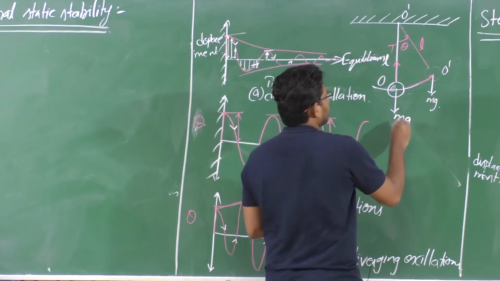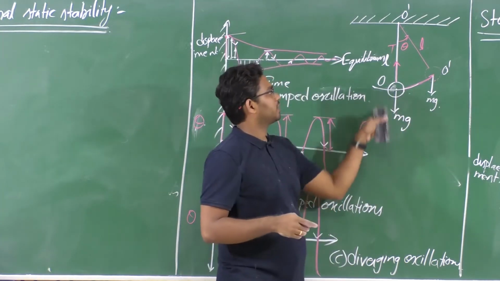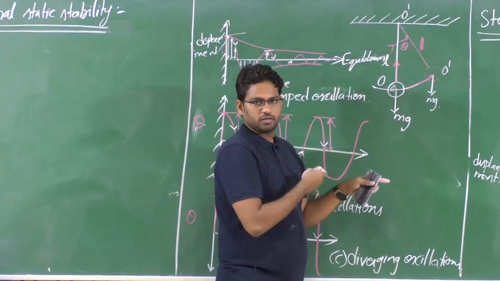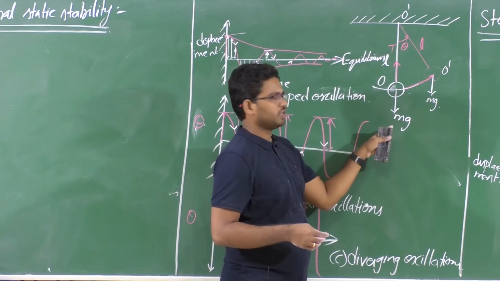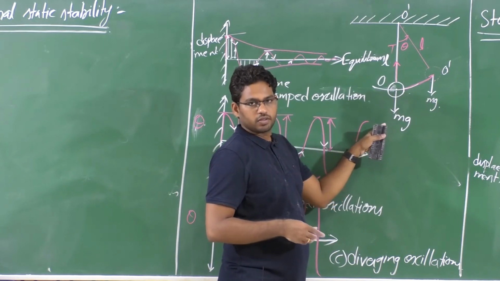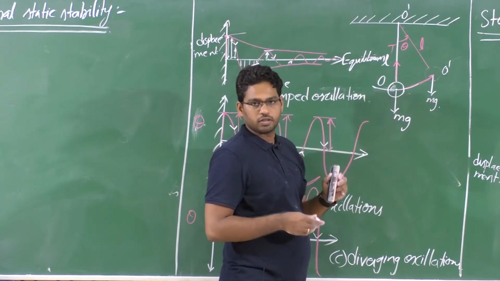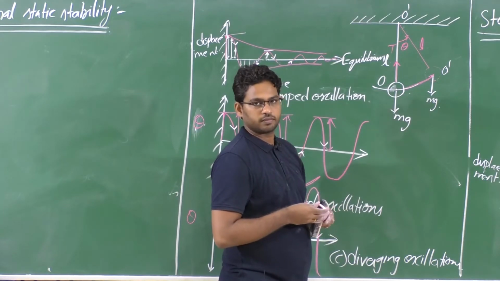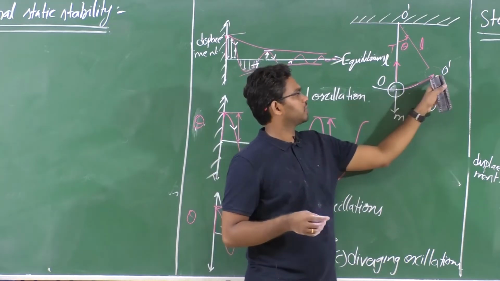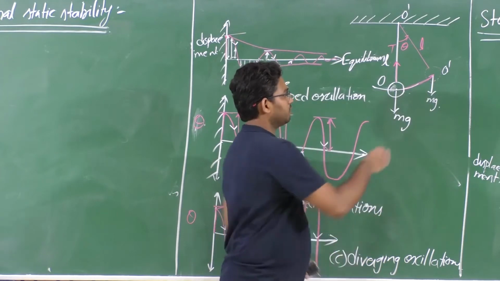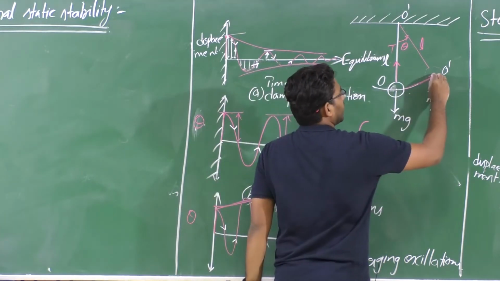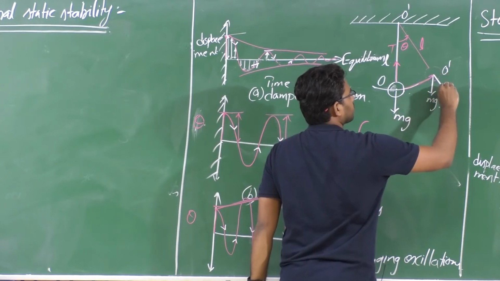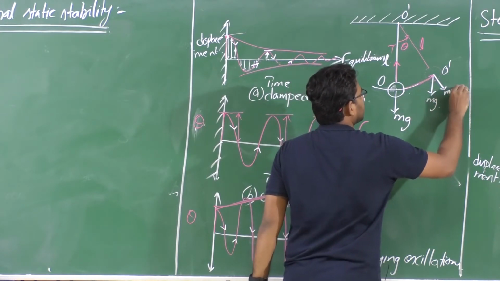So let's say at equilibrium O, the mg is acting perpendicular to the local horizontal, right? And the tension in the string is perfectly balanced by mg here, right? So there is no upward force and there is no rotation, there is no moment, isn't it? Now as soon as you displace it to a new location, mg again acts perpendicular to the local horizontal, right? And a component of this weight, which is mg cos theta.